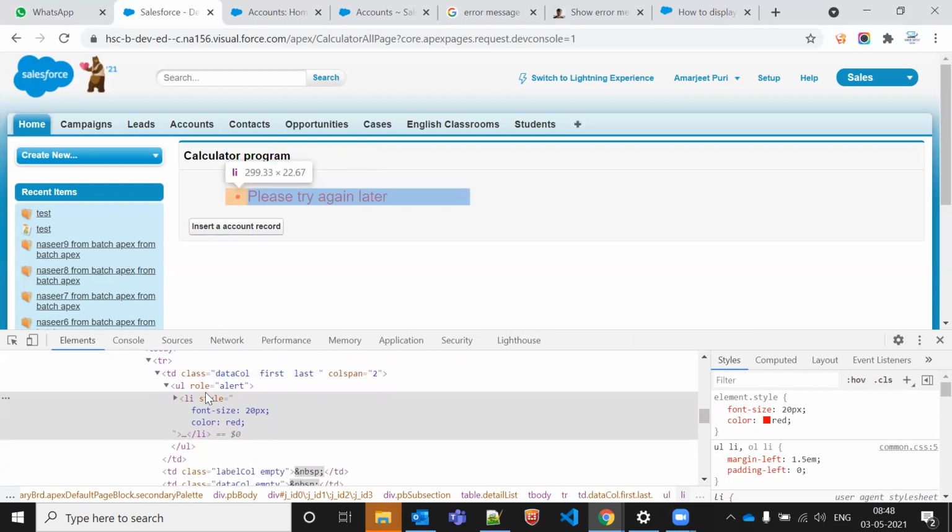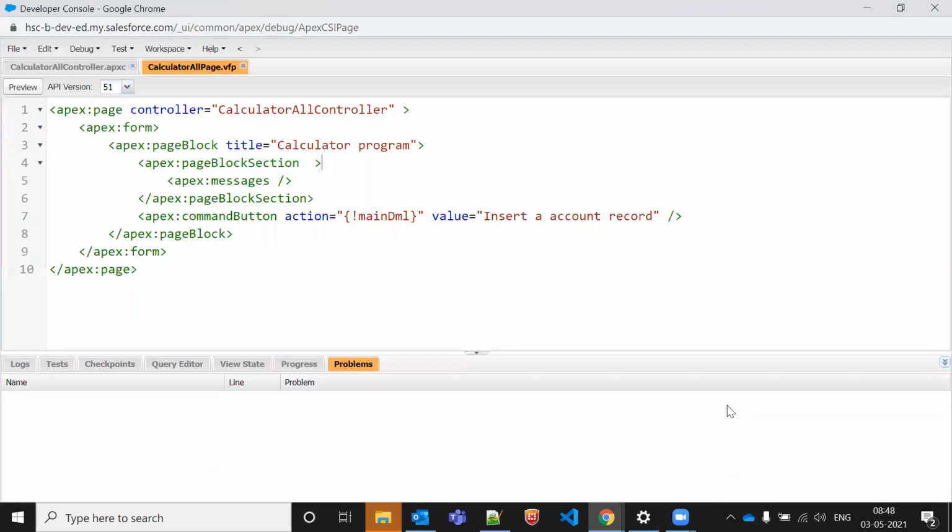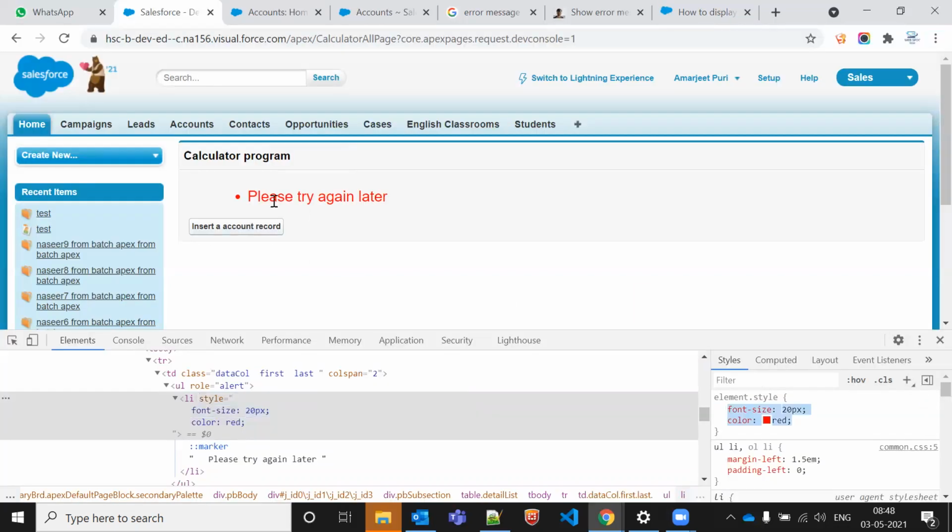So now what can we do here? This one is the highlighted one, or else you can do one thing. You can copy both of these, or you can copy this full line style to here, or else you can copy this thing. Both are the same thing. Let me go there, and you can see this thing is added.